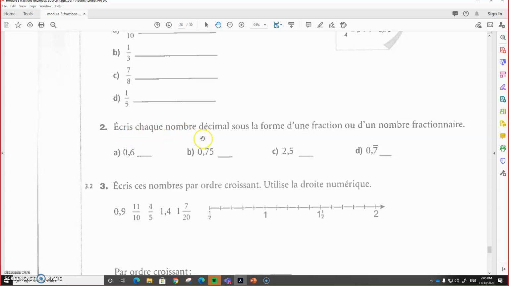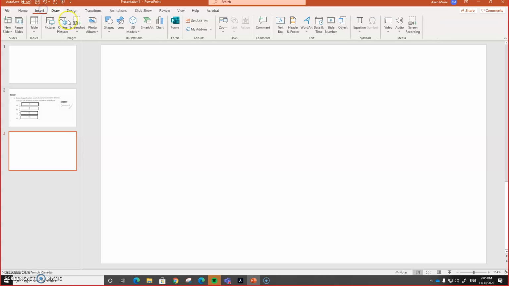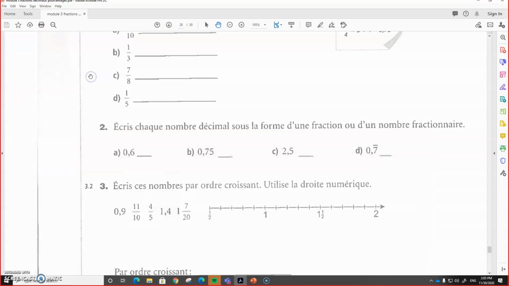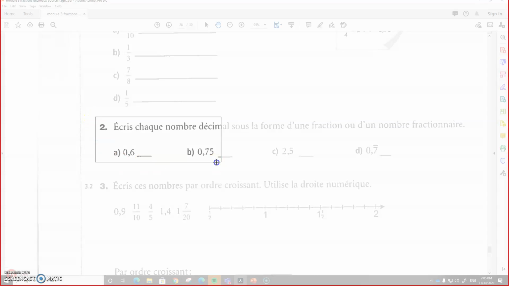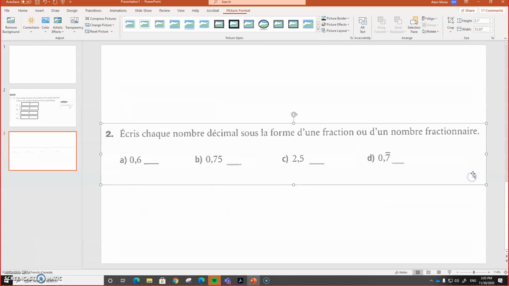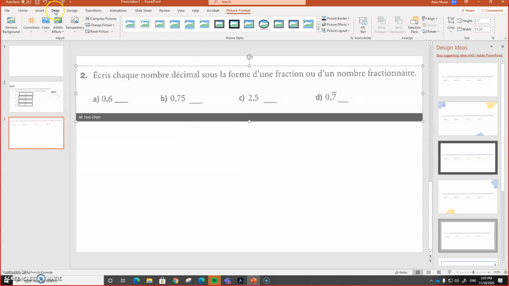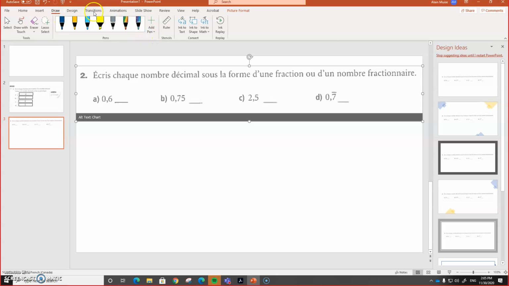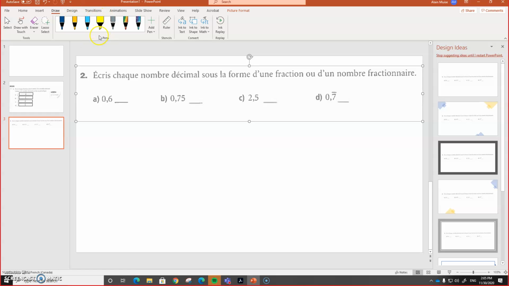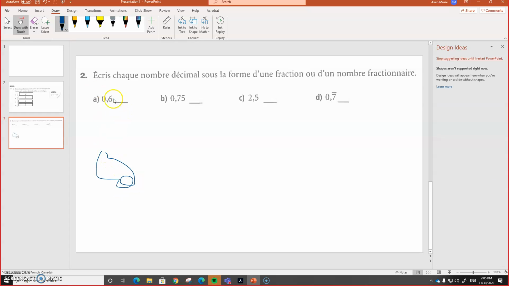So my next question here is write each under a fraction as a fraction and or a decimal number. So I come back over here, I insert my screenshot, I trace around the question that I want them to work on, boom, it's in there. And then I can go ahead and say, so if I want them to draw, this is especially easy for students that are working online as well, because the online students, the draw function is always there, but they can go ahead and draw their answer. So 0.6